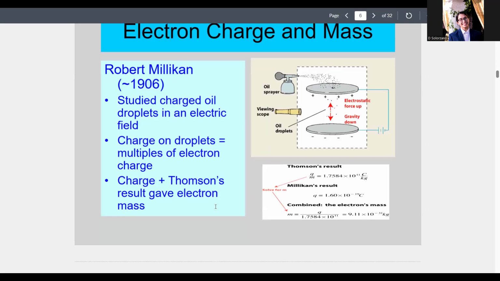Then we have Robert Millikan. He's the one who kind of took the cathode ray experiment and decided to figure out what the actual charge and mass is of the electrons. And he did this by using oil droplets and still having that sort of electrical discharge between two plates to see how much these oil droplets that have now been charged with electrons resist gravity. So we know the amount of gravity, and then we can see how much they resist gravity. That allows us to calculate the mass. And because we can calculate the mass and we know the mass charge ratio, we can calculate the charge as well.